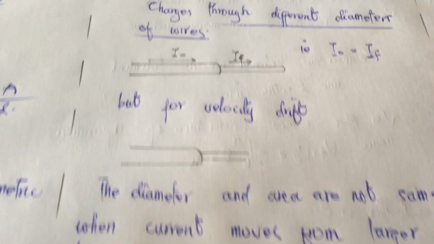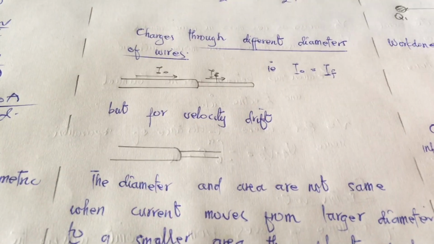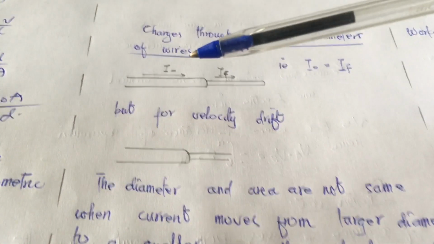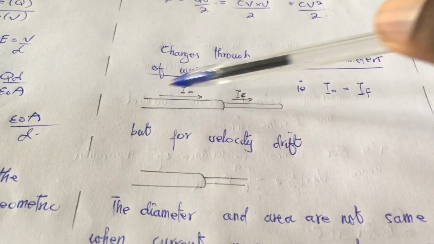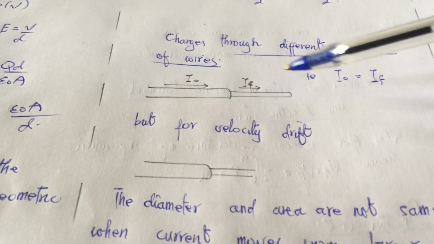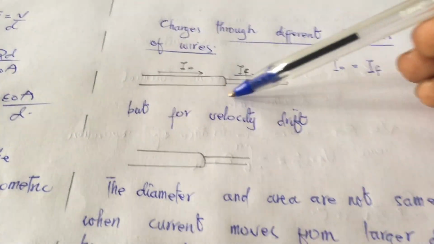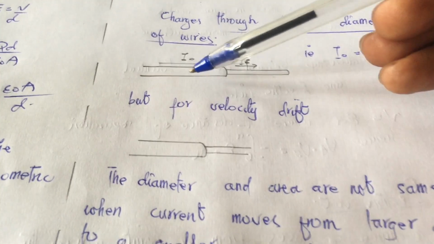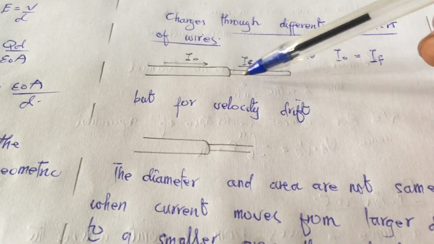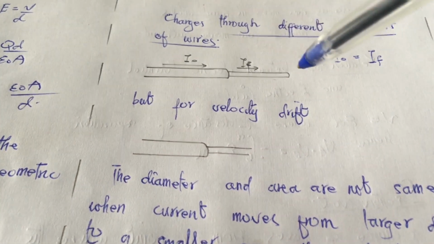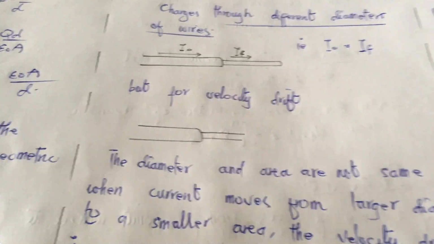But when we are talking about drift velocity, for instance, let's say you have electrons. They are moving from here. You have electrons moving in this area of the wire. It is moving to the smaller diameter of the wire. Okay, you could also relate it to pressure. In the larger area, you see how this one is moving, it will get enough space to move freely. Okay, but the moment it gets to this side and moves to another wire which has a smaller diameter, you could see that the speed of the electrons will increase,